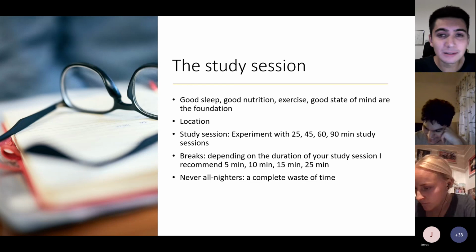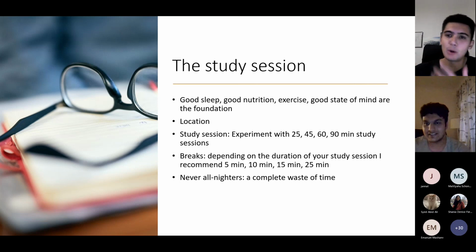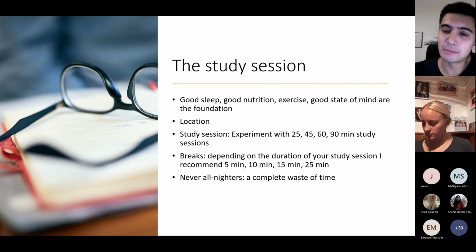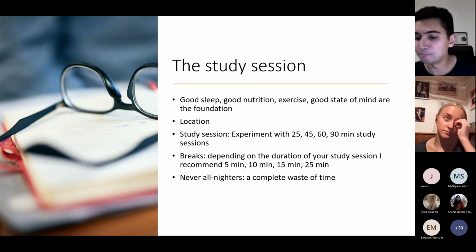Again, it's not the first time that I'm mentioning it here in my presentations: I'm not a big fan of all-nighters, because all-nighters fight against the principle of how your memory works. All-nighters might be very useful if you have an anatomy exam on the next day and you didn't study anything. That might help you to pass the exam in the short term, but looking at it on a long-term scale,